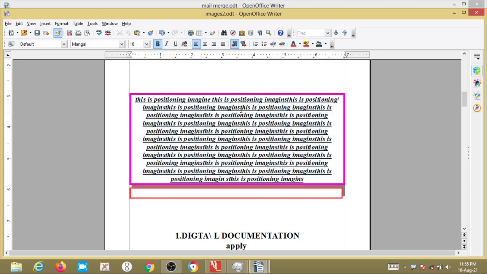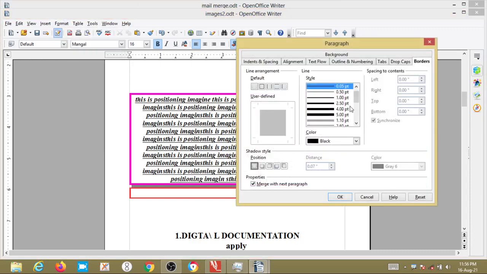To set the background for a paragraph, see, this paragraph has a white background color. If you want to change the background color, what do I have to do? Select the paragraph first. Go to Format, select Paragraph, and in the paragraph dialog box there is an option called Background.